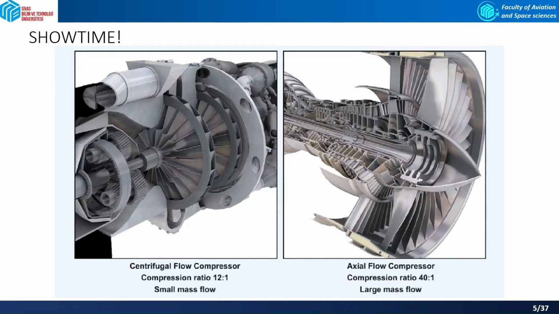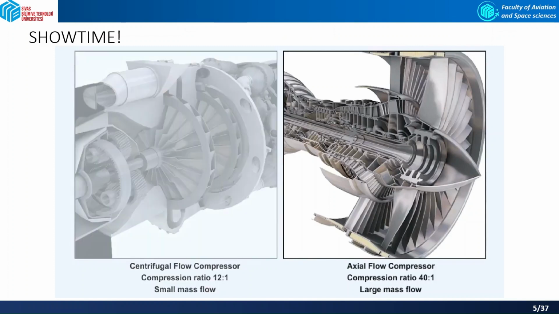A second advantage of the axial flow compressor, almost as important as the first, is that the mass flow which can be obtained through an axial flow compressor is potentially much greater than the mass flow which can be achieved through a centrifugal compressor. As a consequence of these factors, the development of the early centrifugal compressor engines was subjugated in favor of the advancement of the axial flow compressor engines, which continues today.